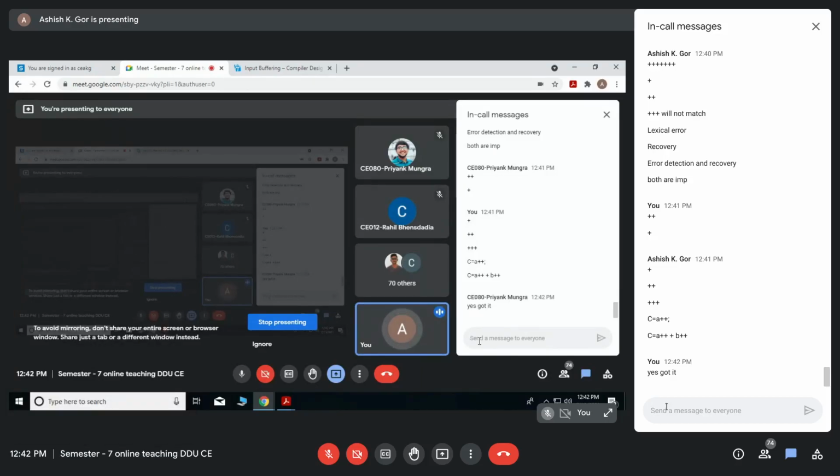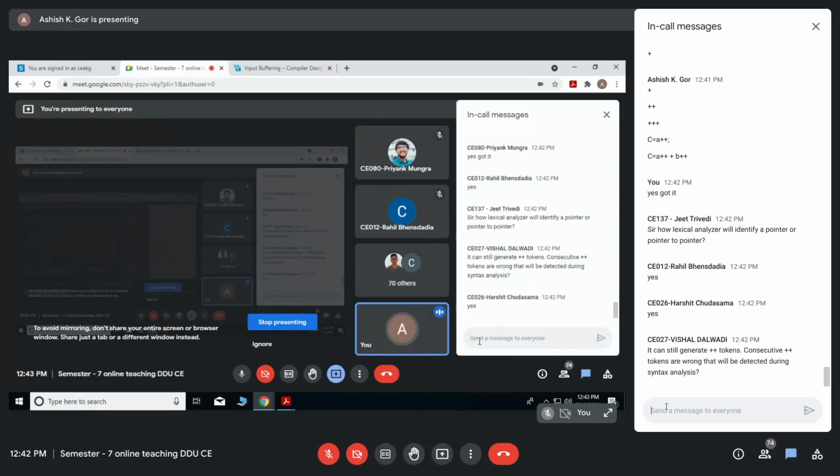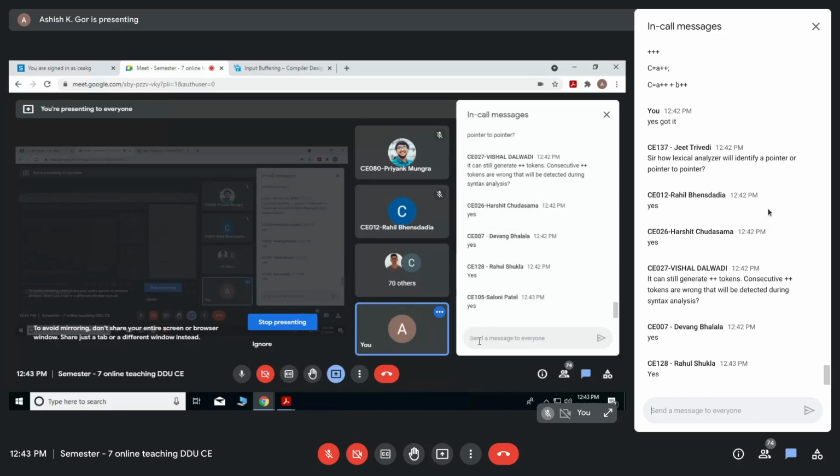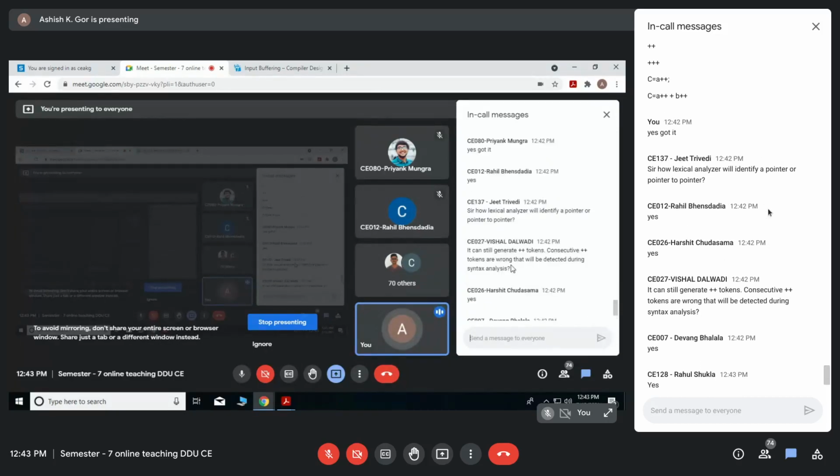Others, are you getting what I'm trying to say? Okay, fine. So let me address the question, then we will leave. How will the lexical analyzer identify a pointer or pointer to pointer? Yes, Jeet, we will see that there are 2 pointers that are maintained, the begin pointer and the forward pointer.